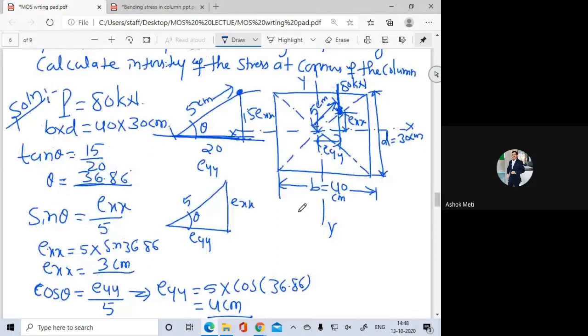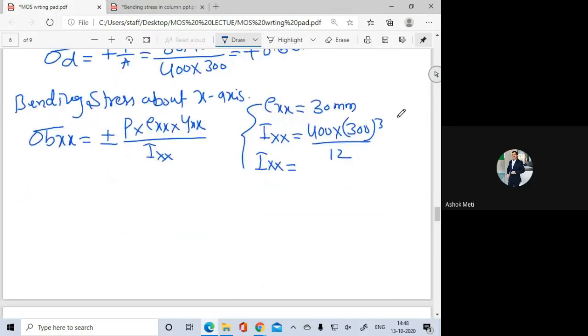So here it is about this neutral axis. xx is nothing but the x direction. This is the neutral axis, with respect to this the extreme fiber is y-axis. So here it is 300 and it will be 150 mm. So here y will be 150, that is total 300 upon 2.